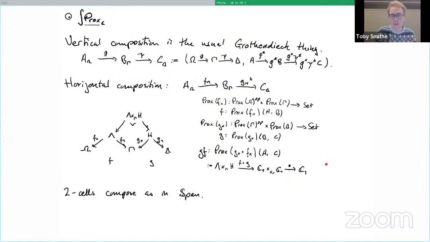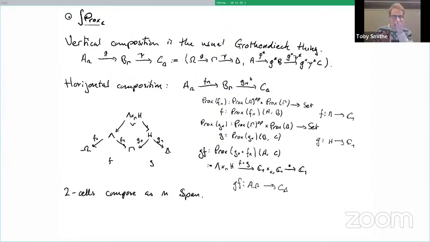So given this map F, which is F lambda to C1, so that's from A to B, and this G, which is eta to C1, and that's from B to C, these being parameterized over omega, lambda, and delta, then I can form their composite by taking the parameter to be this apex object, this pullback, and giving myself morphisms using the FG maps up here, and then composing them in C. And this gives me a map GF from A omega to C delta. And so this is how the horizontal composition works.